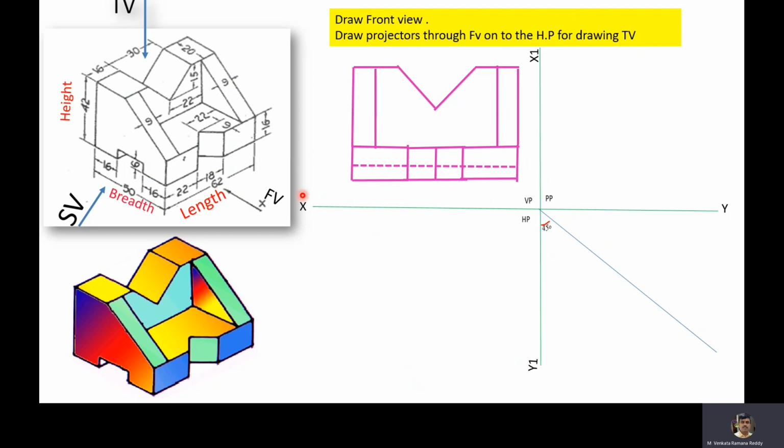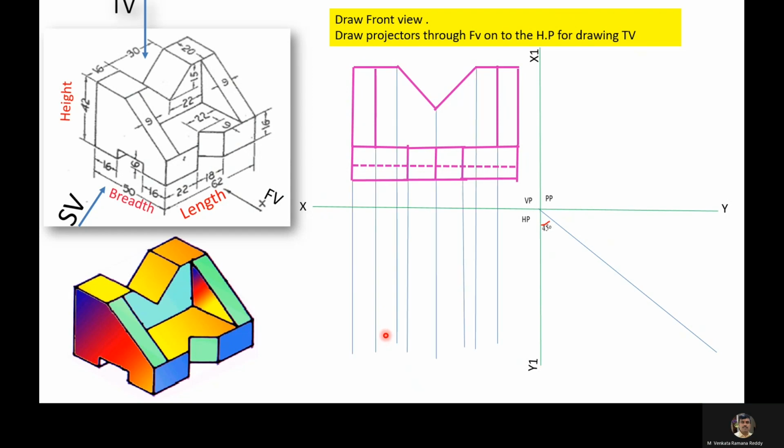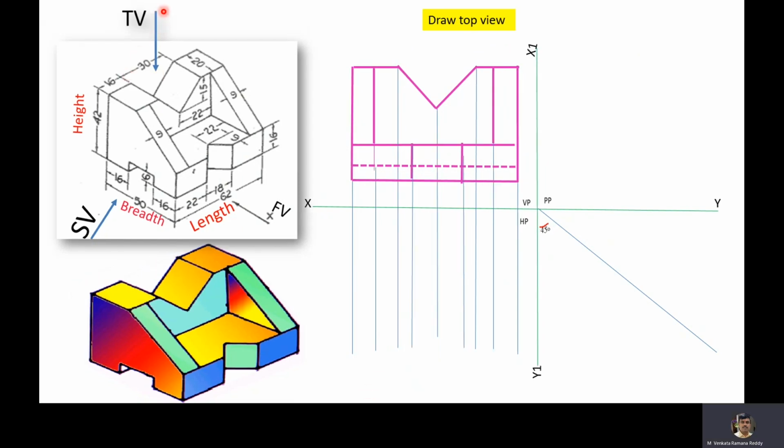Then we'll move towards drawing the top view. Before that, we need to draw projectors through the front view towards the horizontal plane. After that, this is the direction of the top view.